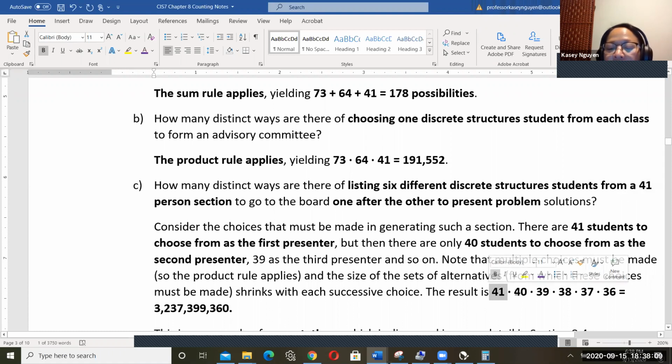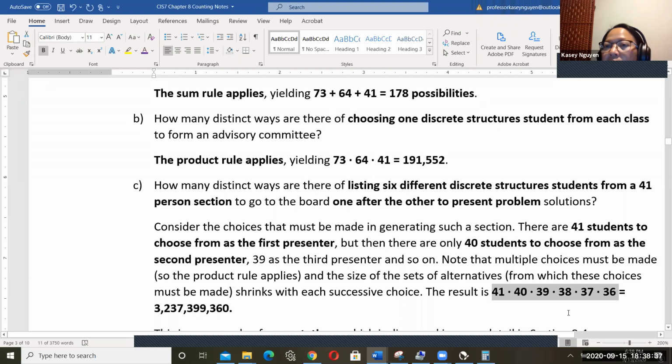Then we pick another student with the 40 student that's left. That second person went up, write the solution. Then we have to pick one more from the 39, then one more from 38, one more from 37, and 36, and we would stop. That would give us 6